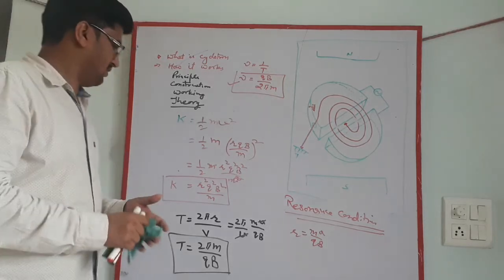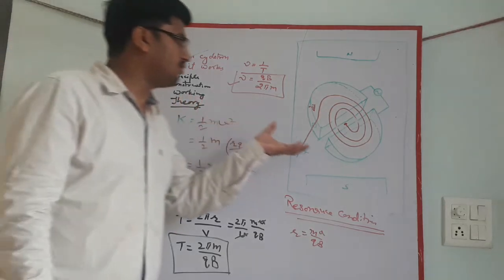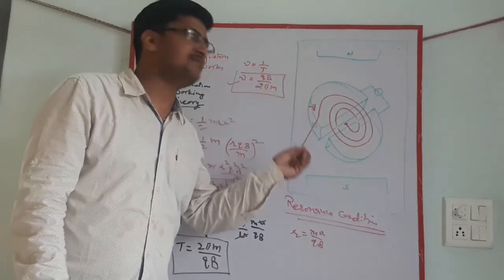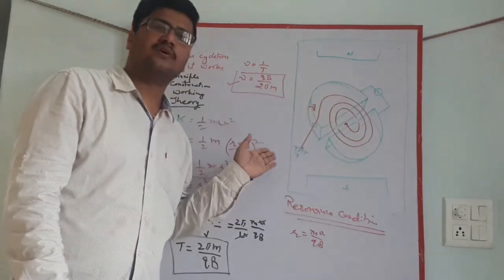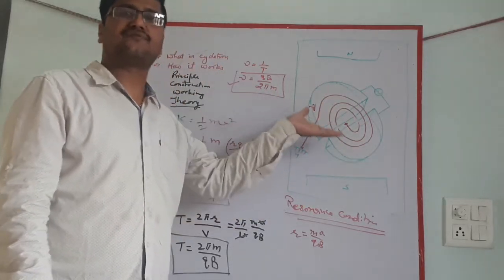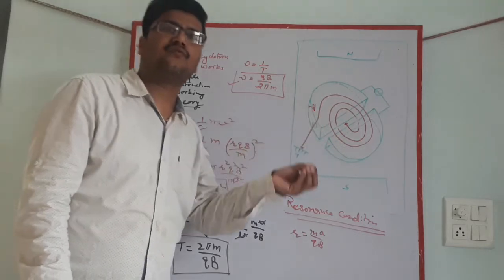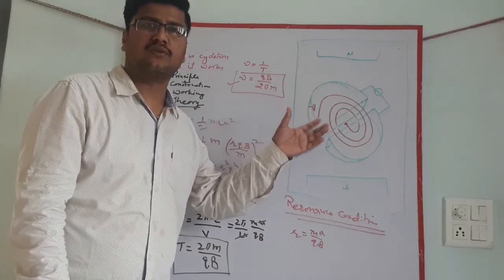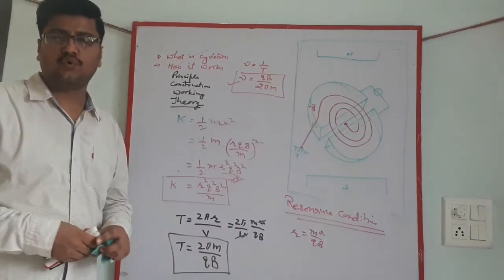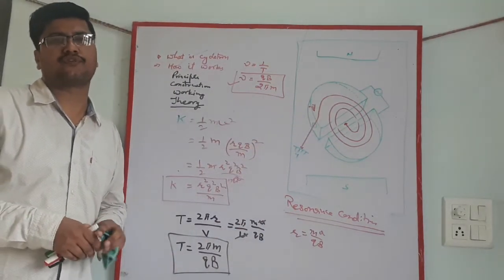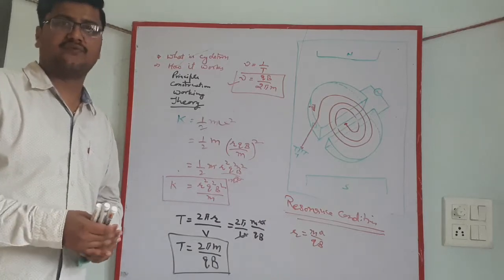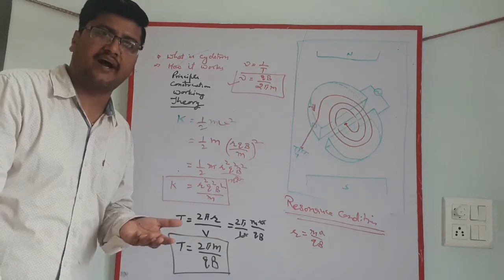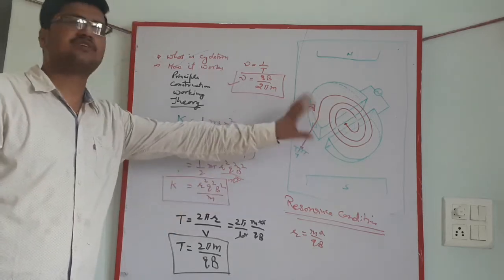Dear friends, what are we getting from the cyclotron? We are getting an accelerated positive charge from the cyclotron. And what is the purpose of the cyclotron? Where we can use the accelerated charge, that is the purpose of a cyclotron. A cyclotron is used in various nuclear processes to start the reactions. Where fast moving protons or fast moving alpha particles are required, there we can use this cyclotron.